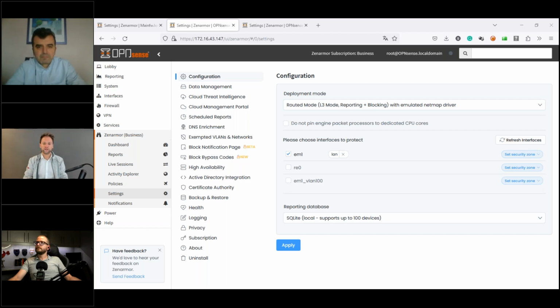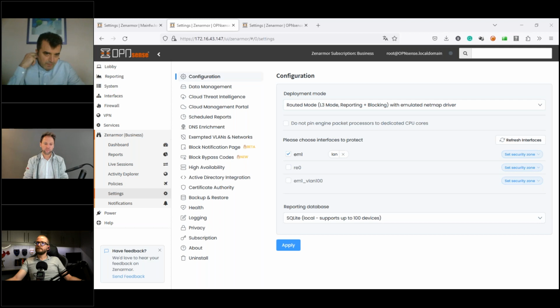Thank you, and of course, thanks for the question. So the next one is, is TLS, SSL, and HTTPS inspection possible? Yeah, it's possible, and in the current version, ZenArmor uses a light TLS inspection.